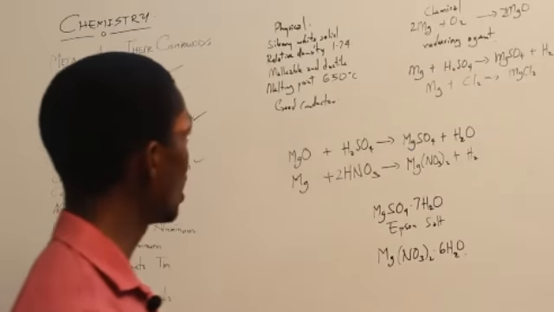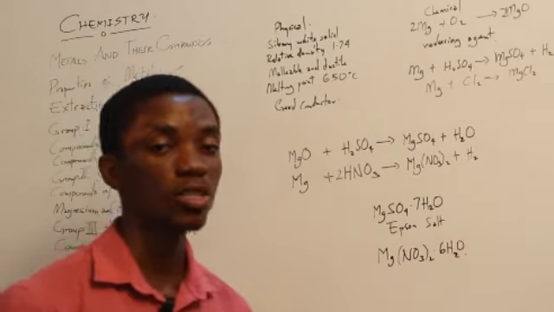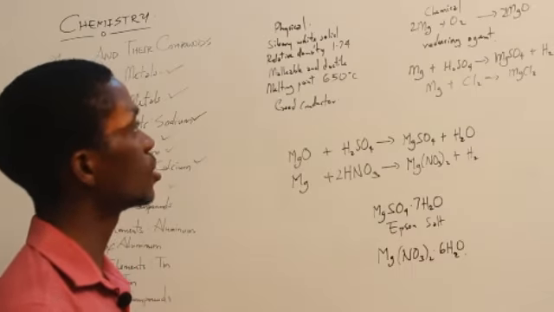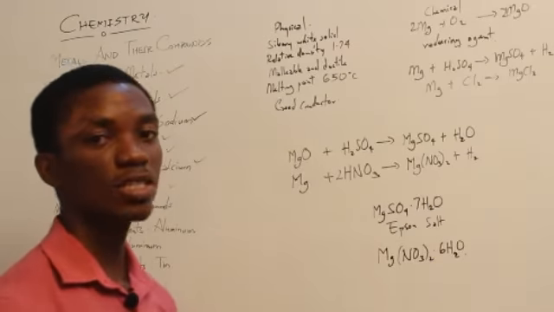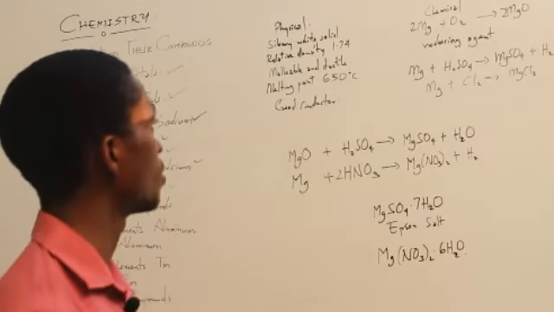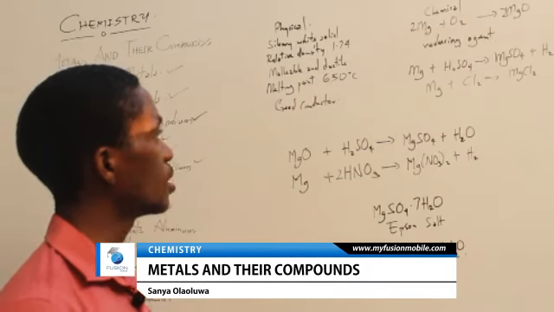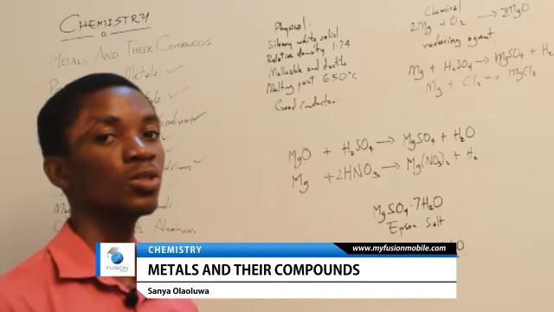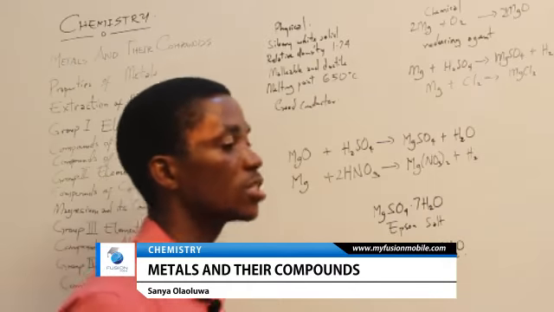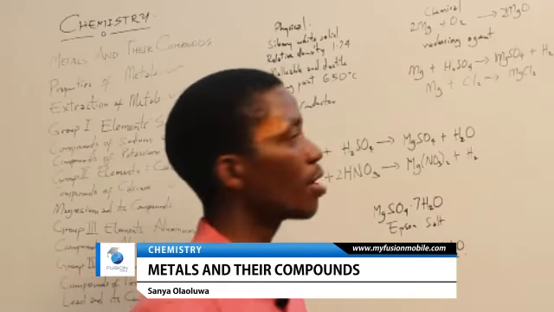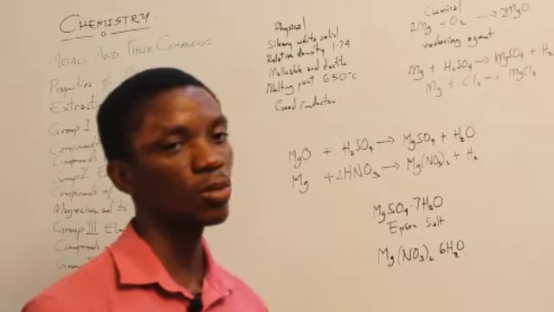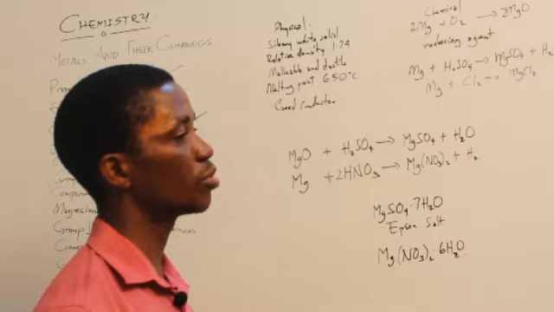But let's look at magnesium as a substance. It exists as a silvery white solid. It has a relative density of about 1.74. It is malleable and ductile. It has a melting point of 650 degrees Celsius, and it is a good conductor of heat and electricity. Chemically, it burns in air to produce magnesium oxide. It is a very good reducing agent.